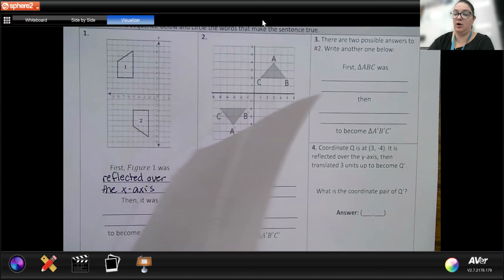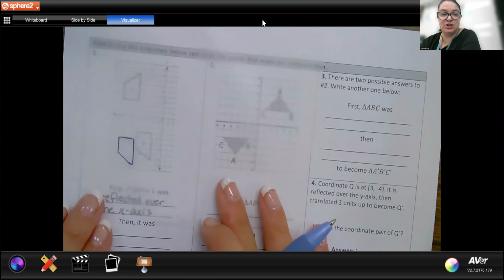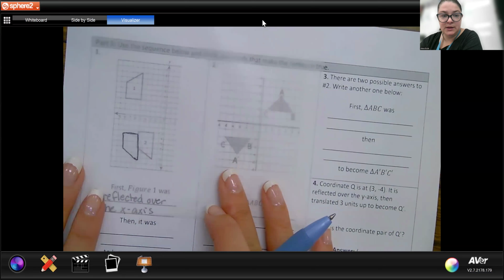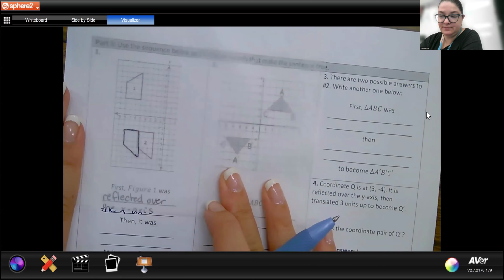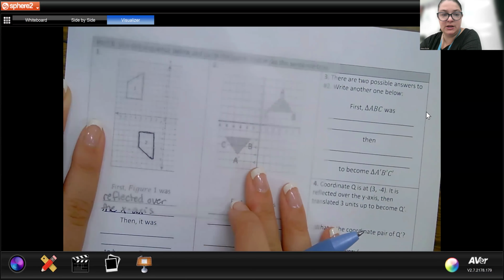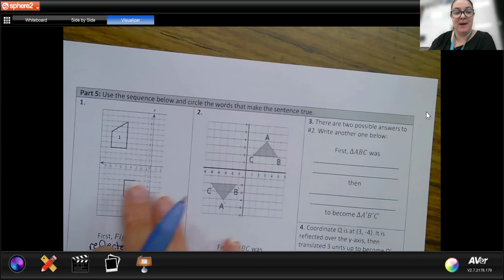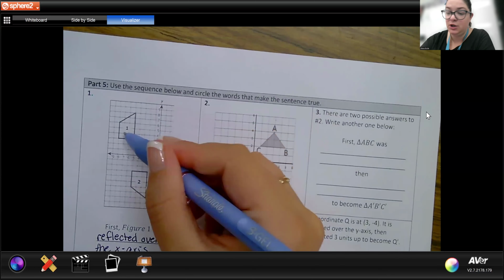Well, like always, when we talk about translations, we have to identify the direction and distance. So if it was here after the reflection, I would need to move it 1, 2, 3 units to the right. And if you don't understand the patty paper or if you struggle with using it, you can always